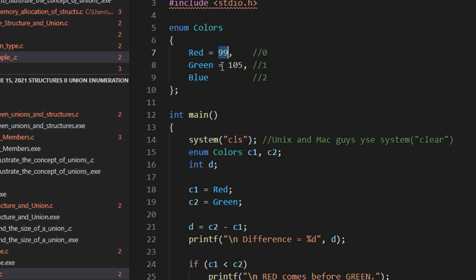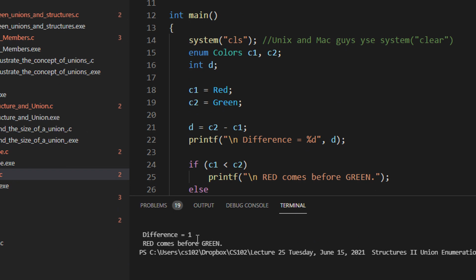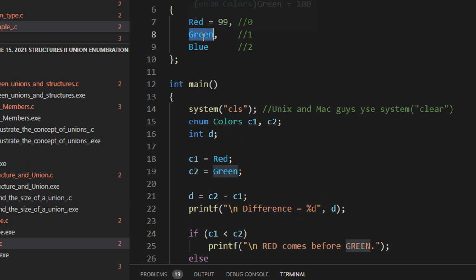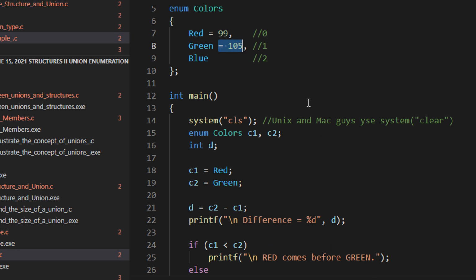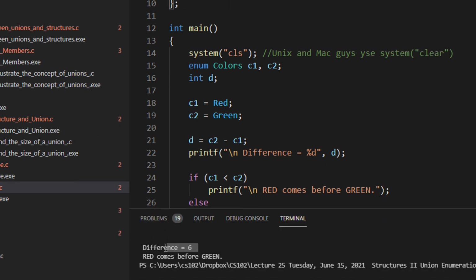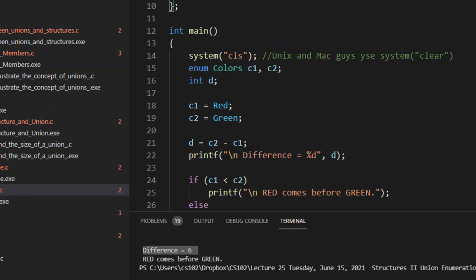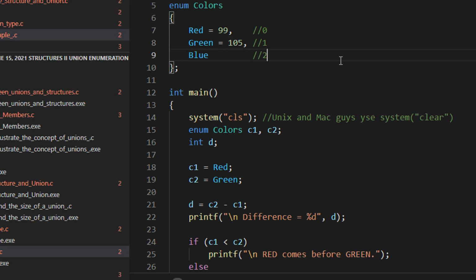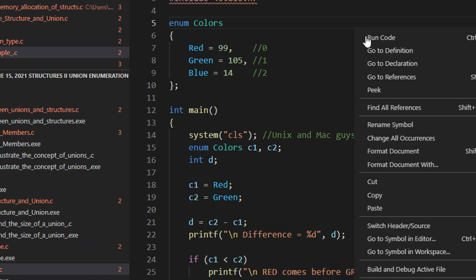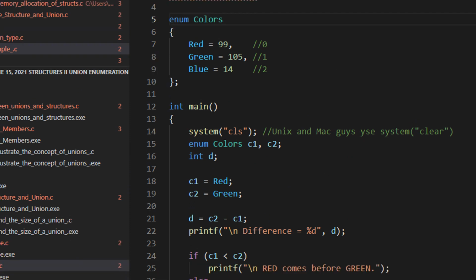When I'm not giving green anything, it still gives me the difference as 1, and that means green was assigned the value 100. But when I give green as 105, you can see the difference comes as 6. So a very good question, and the answer is you can assign your own initialization values to enum, and you can keep any value, and it should not throw an error, right?